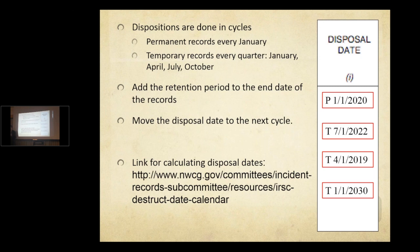And then I go to the beginning of the next quarter, because they're temporary records, destroy after 5 years, and that gives me a disposal date of October 1st, 2022. So if I had some records that were ending today that had the temporary 5 years disposal period that I just mentioned, that would be the disposal date, October 1st, 2022. So that's what you would put here in field 6I,